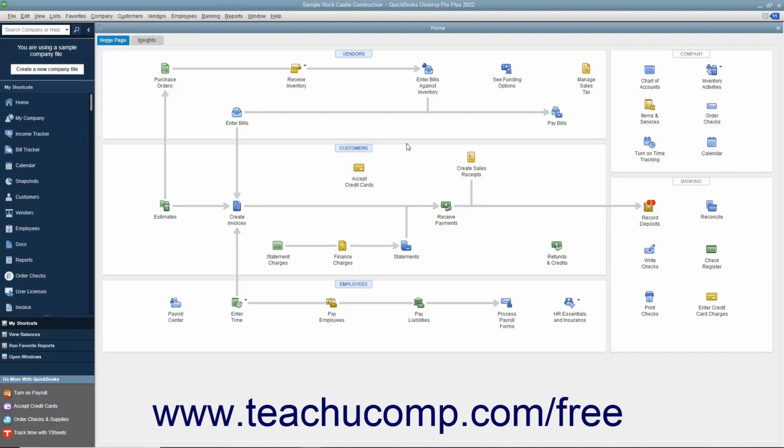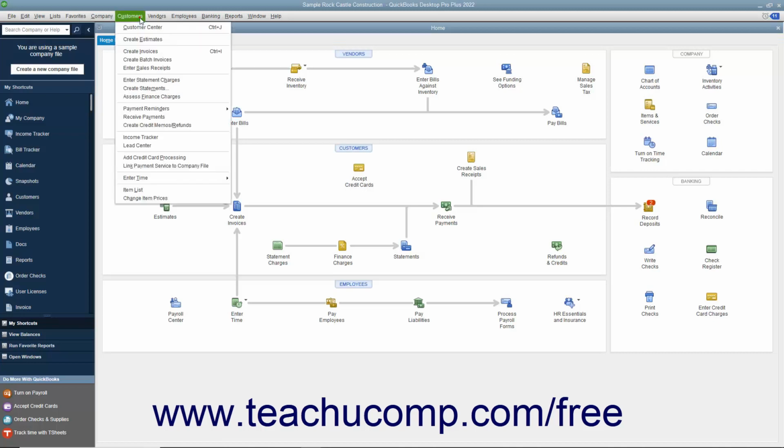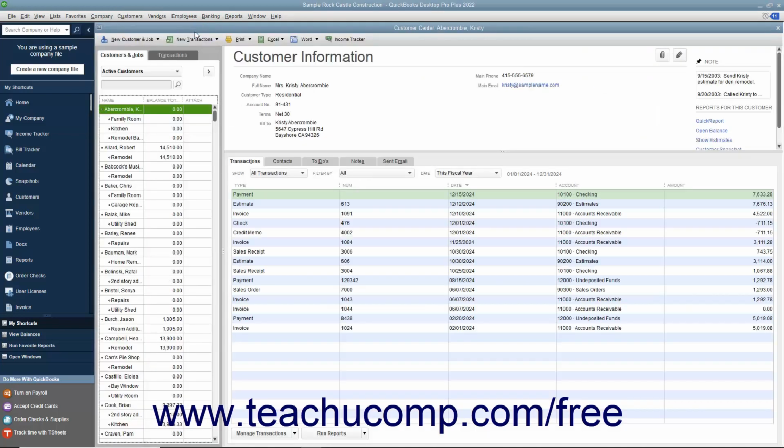To add a new customer to the Customers and Jobs list, first open the Customer Center. You can do this by clicking the Customers button within the icon bar, by clicking the Customers button within the home page, or by selecting Customers, Customer Center from the menu bar. You can also use the keyboard shortcut of Ctrl+J to open the Customer Center and display the Customers and Jobs